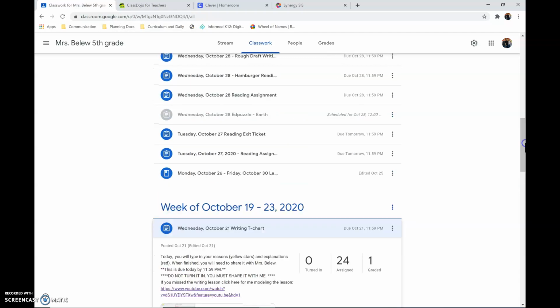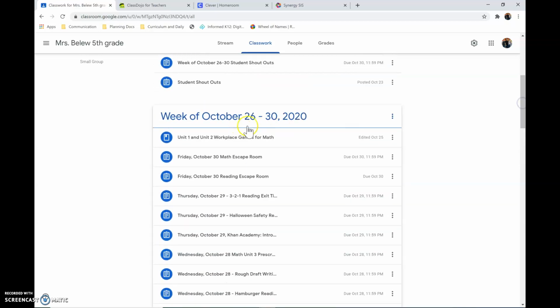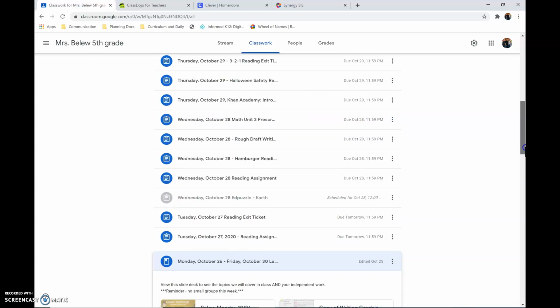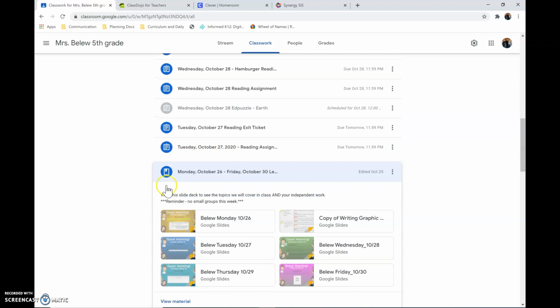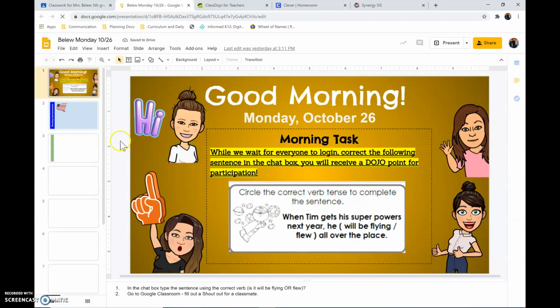So I'm going to go ahead and pull up mine. And again, this is where they will look to get the lessons. I clicked on week of October 26th through 30th. I went to the one with the clipboard and I'm finding the one for the day, which happens to be Monday. And if you scroll down,